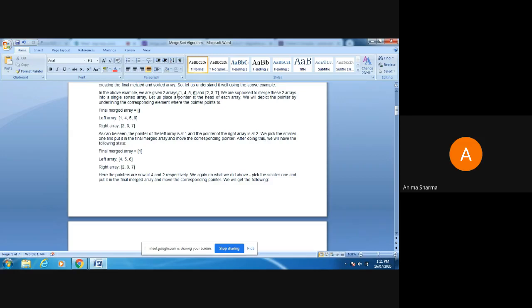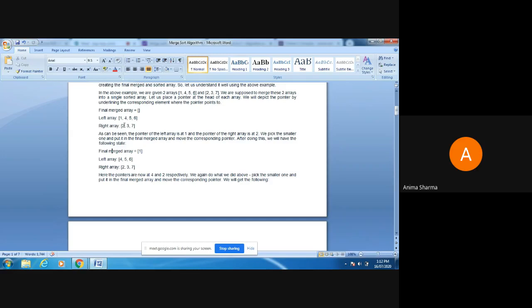So here is the finally merged array, and here are the left array and right array. In this step, we compare the elements of the left subarray and right subarray. The first element 1 of the left array is compared with the right subarray elements. It will not compare with the left subarray because it is already sorted.